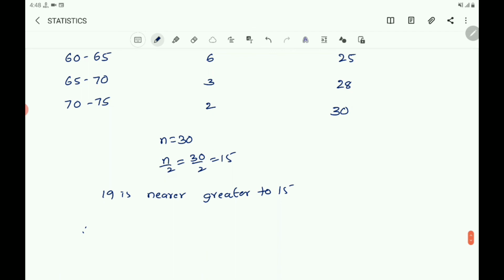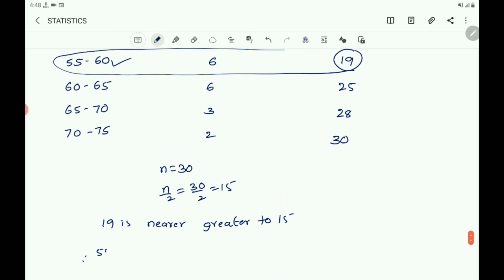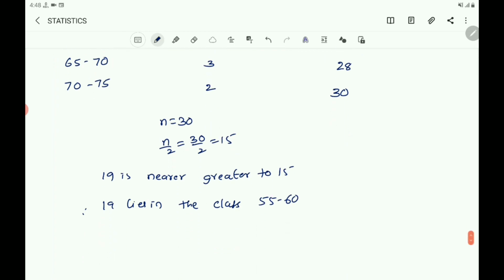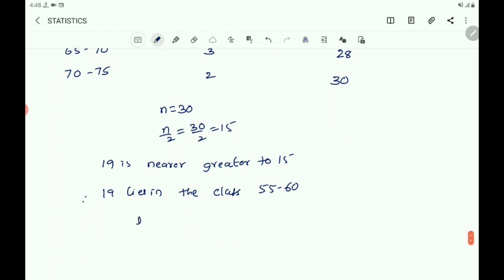Therefore 19 lies in the class 55 to 60. So you write L equals